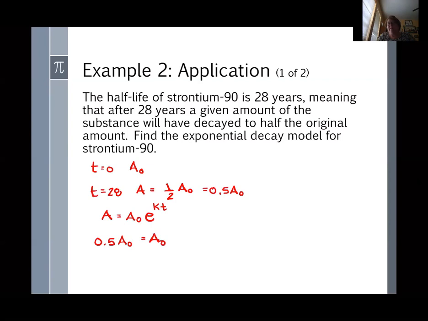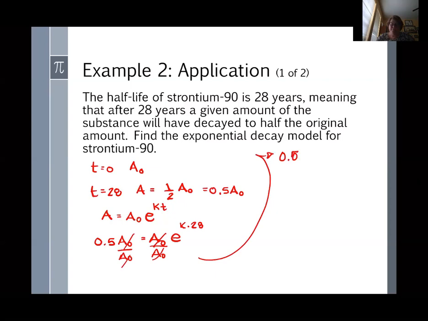And it doesn't matter that I don't know exactly how many grams of this stuff I begin with, because the A sub 0s are going to cancel out. e to the k times 28. And again, if I divide both sides by A sub 0, which I need to do to solve an exponential equation, I need to isolate the exponent by itself. When I divide both sides by A sub 0, they cancel out on both the right-hand side and the left-hand side. So I'm left with